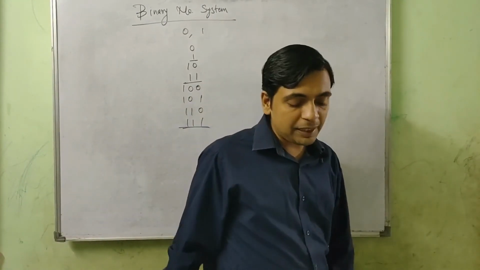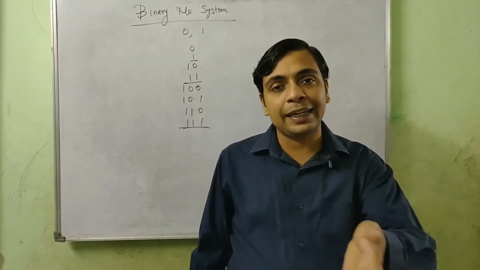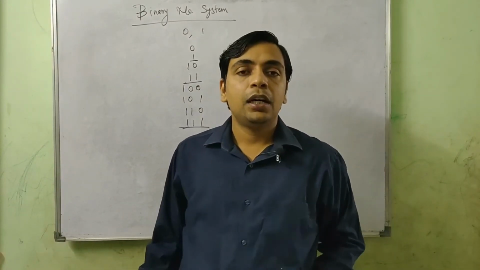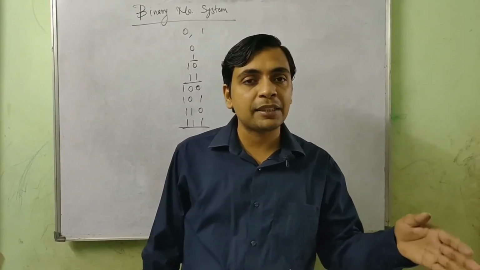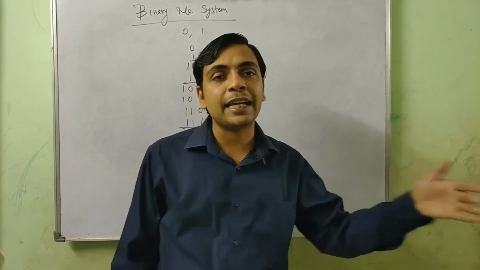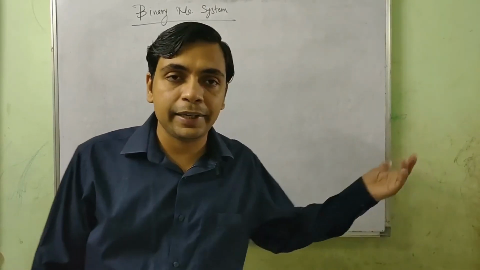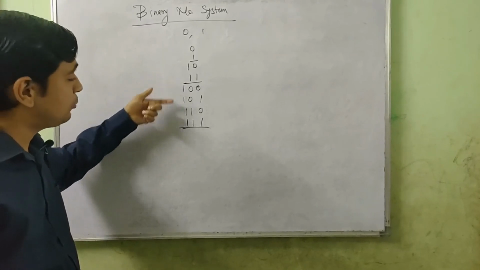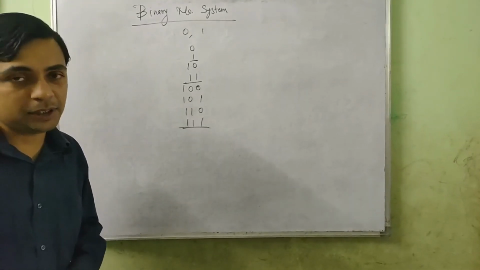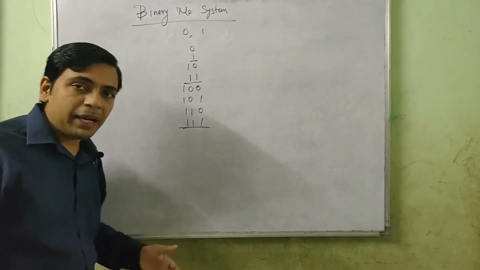So it's very simple, like in decimal. You are studying in mathematics also. So 9 marks the end of a certain number of digits. Like 9 marks the end of single digit number, 99 marks the end of 2-digit number, 999 marks the end of 3-digit number. Similarly here, 1 marks the end of single digit number, 1, 1 marks the end of 2-digit number, 1, 1, 1 marks the end of 3-digit number. And numbers are formed like that.